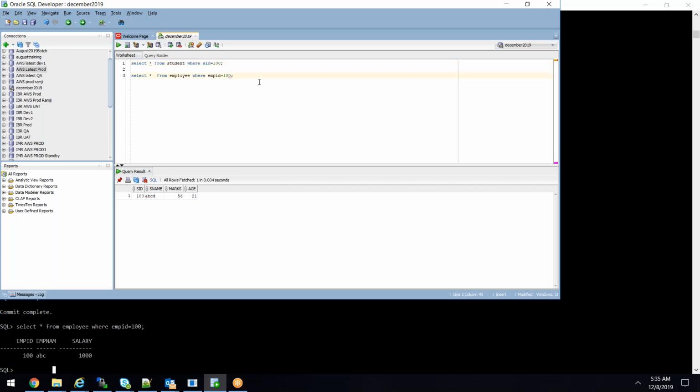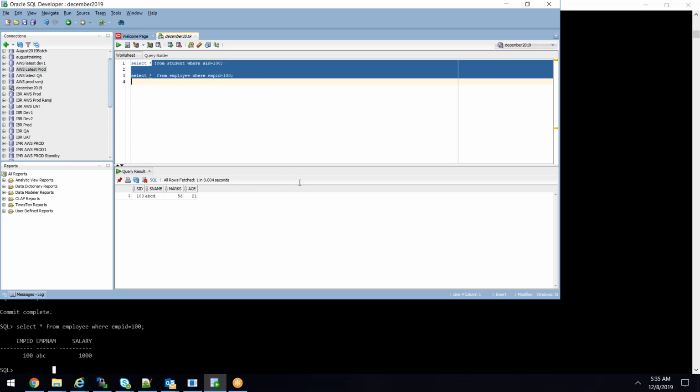Getting it? So this particular window is called query builder. This is the window where you are building the query. Query builder is where you build the query and execute the query, sending the query to the database for execution. Any questions here? Okay. Can you please mute your microphone? So next,